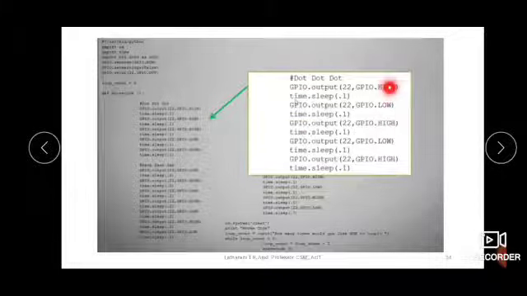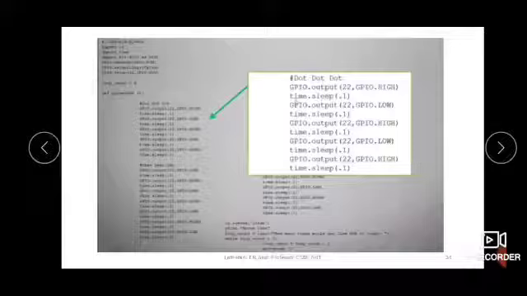Okay, so for 100 milliseconds it will be high, which means one beep will be generated for 100 milliseconds, a very small beep, and then it will be low for another 100 milliseconds. Then again it will generate one more beep for 100 milliseconds, then go low for another 100 milliseconds. Then it will be high. So the beeps generated will be like this. So 3 beeps will be generated.